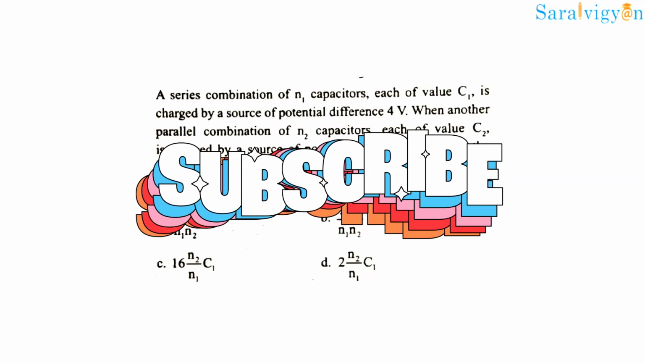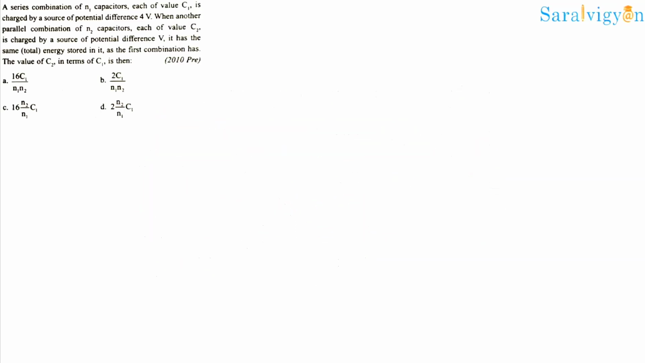A series combination of n₁ capacitors, each of value C1, is charged by a source of potential difference 4V. When another parallel combination of n₂ capacitors, each of value C2, is charged by a source of potential difference V, it has the same energy stored in it as the first combination has. The value of C2 in terms of C1 is then: A, 16 C1 by n₁n₂; B, 2 C1 by n₁n₂,